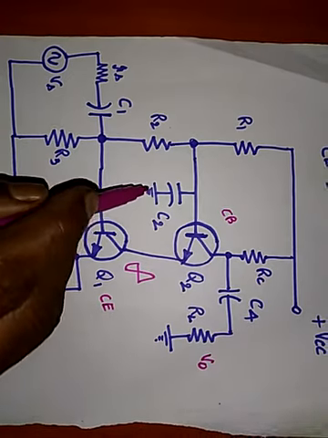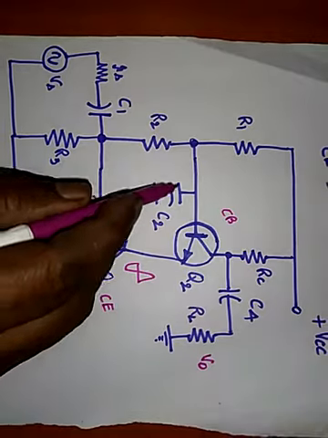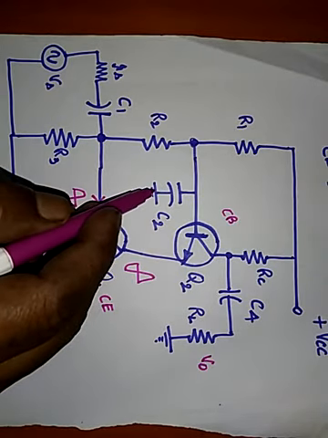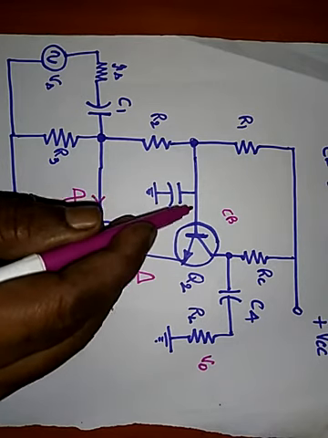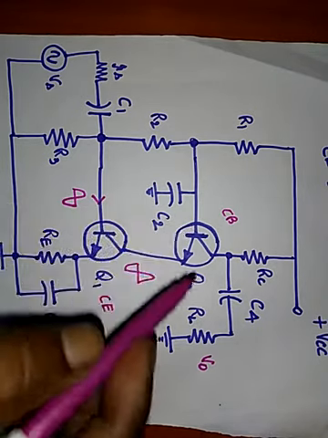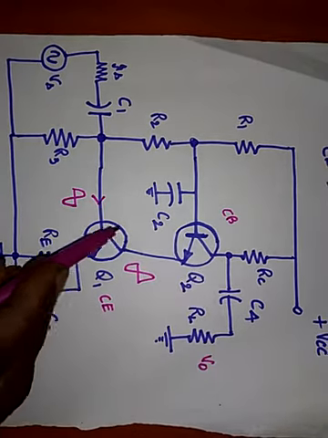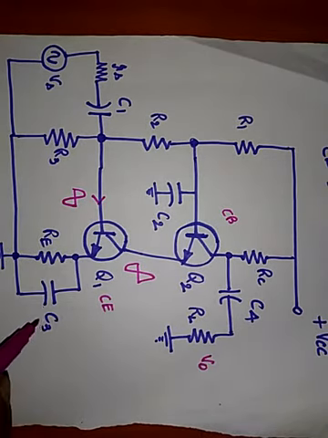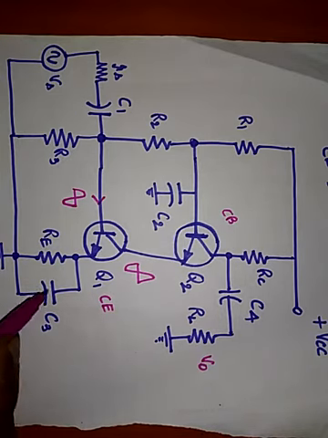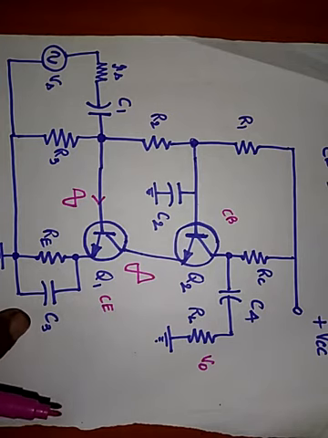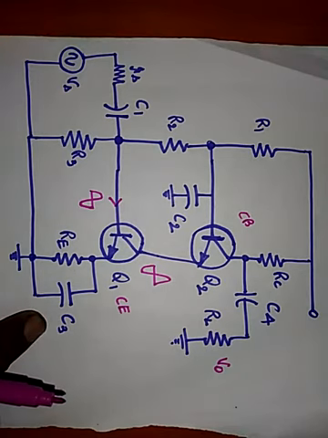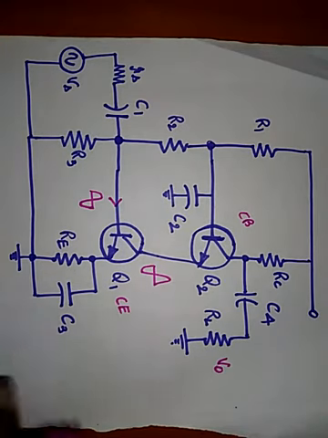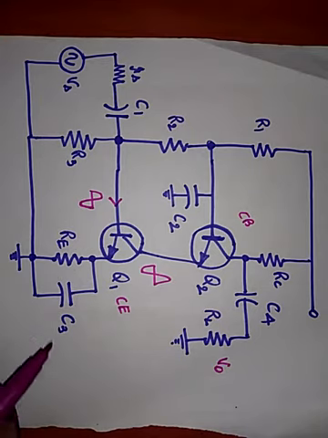Now if you do the AC analysis, this capacitor is very important because it acts as a short circuit in AC analysis. That means this becomes 0. Therefore this is a common base connection and this is a common emitter connection. This C3 is attached to the emitter to get more amplification. If you don't have this, for AC analysis it will introduce negative feedback. Therefore, to improve the AC gain, we always connect a bypass capacitor called C3.